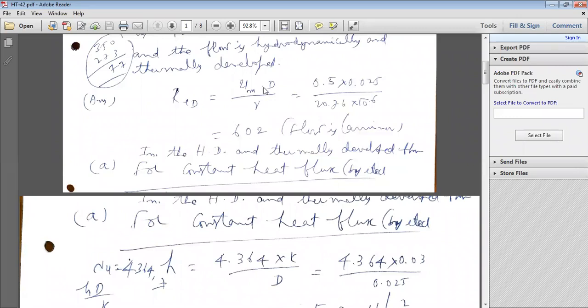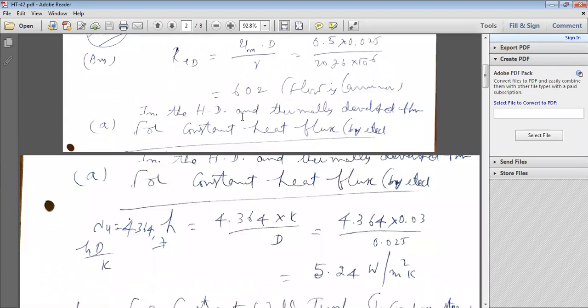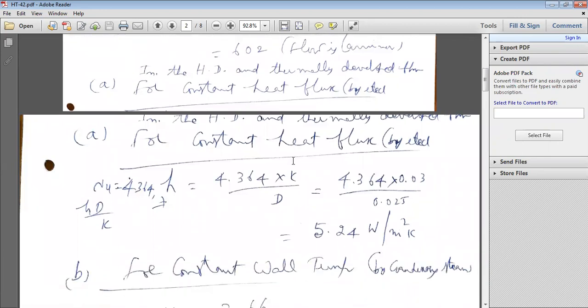Okay, so this equation, Nusselt number equal to 4.364 for constant heat flux, is applicable only for laminar flow. That's why you have to verify whether the flow is laminar or not. For that, you have to calculate the Reynolds number. After verifying that the flow is laminar, in the hydrodynamically and thermally fully developed flow, for constant heat flux,